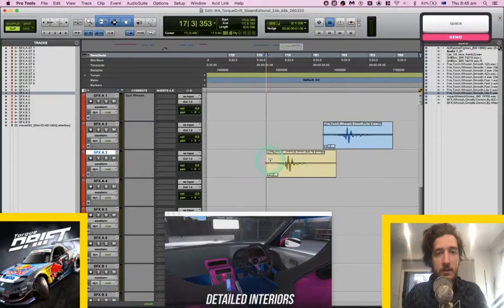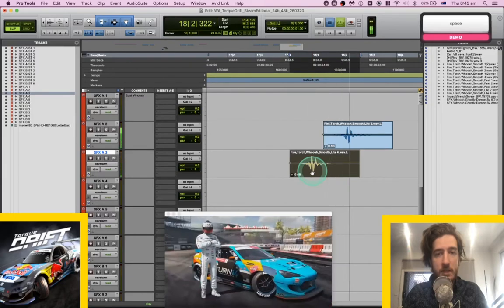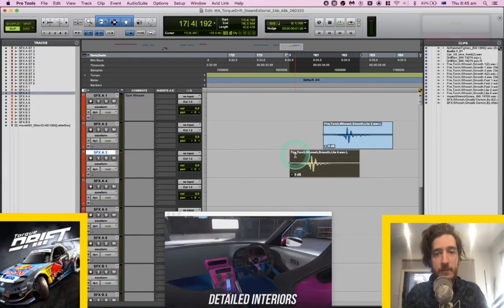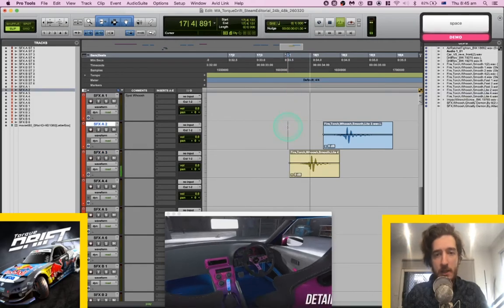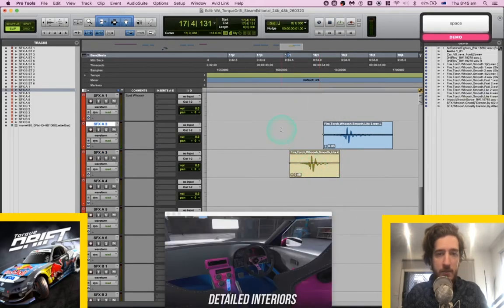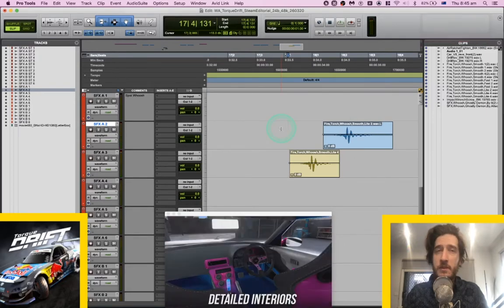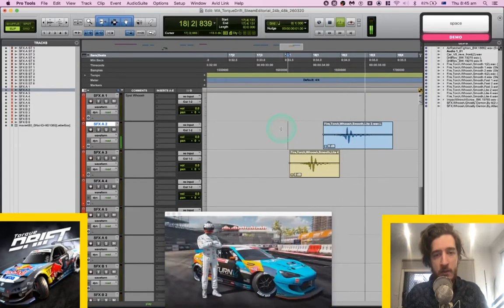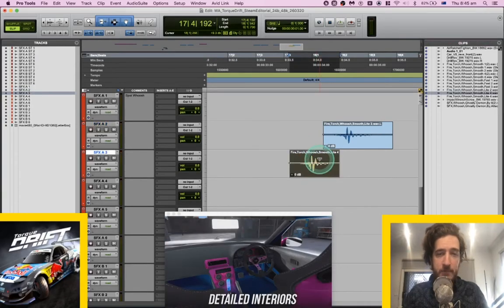Wait. That one's not really musically right, so we're gonna have to... Do you think that... Oh, it's like a weird... If that got stretched out and it became one movement, maybe that will work.